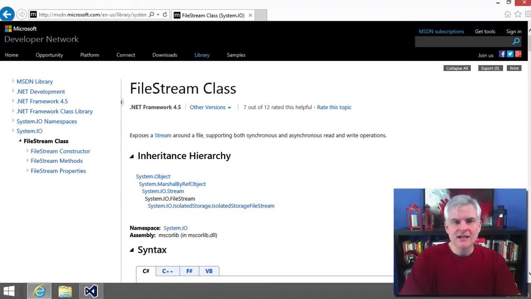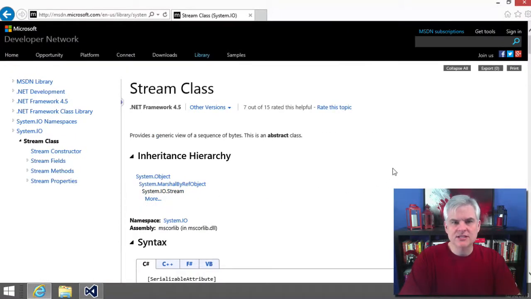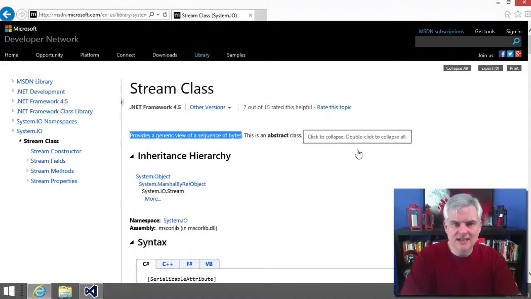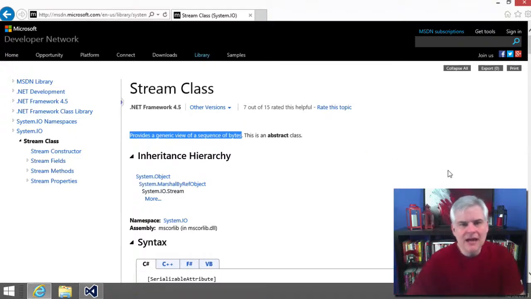So if I click on the link to investigate the System.IO.Stream, as you can see, the stream class provides a generic view of a sequence of bytes. And then it says also that it's an abstract class. So now whenever we're working with the stream reader, we're working with a sequence of bytes that were stored in